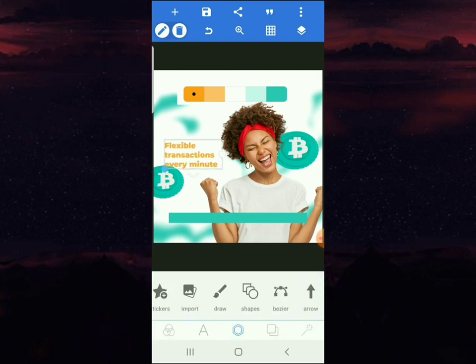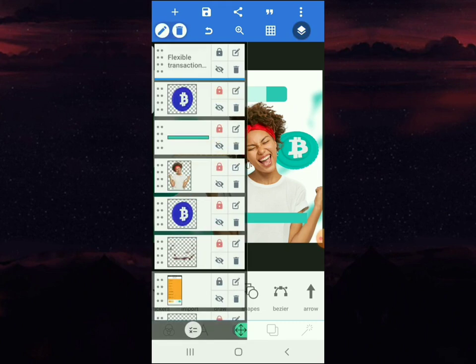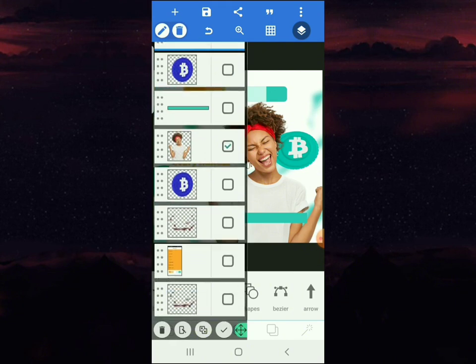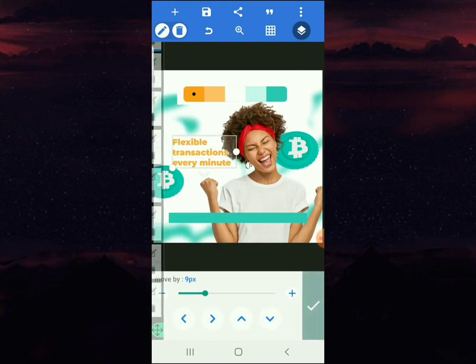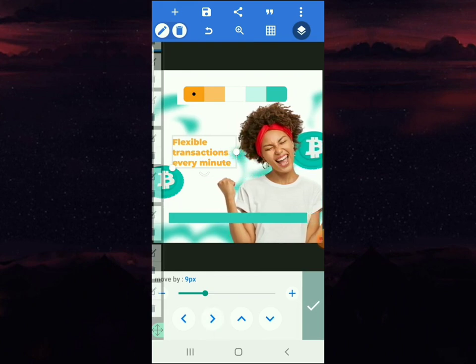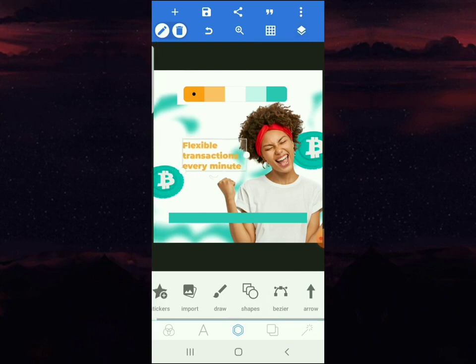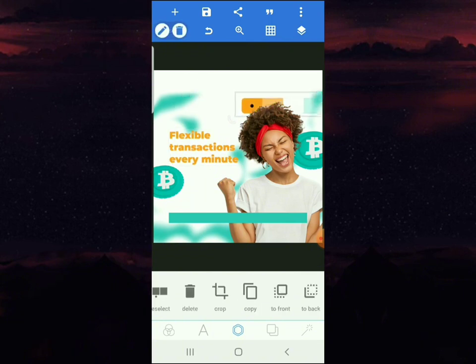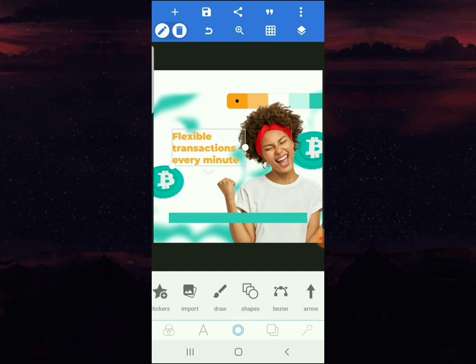Okay. Just what I have. So I'll go ahead and move this and this. I'll move them like this so that we have space for our text. Good. Flexible transactions every minute. Okay, so that's what I have here. So you can try adding